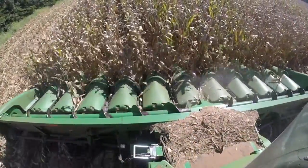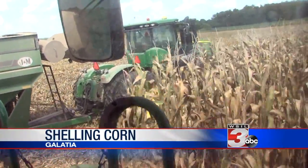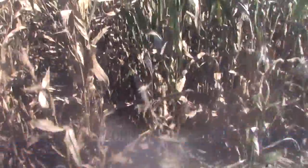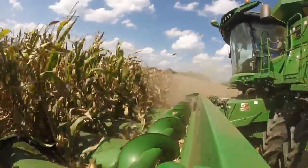Combines are rolling in Randy Anderson's fields as he works on shelling his acres of corn. And with all the planning and planting that occurred earlier in the spring, Anderson is happy to finally get into a harvest routine. It's easier to get started planting than it is to get started harvesting. But then once you get started harvesting, it seems like there's a daily routine that you just know what's got